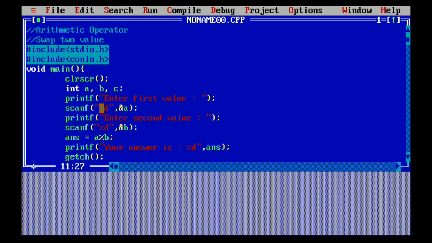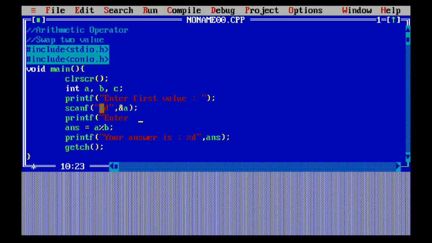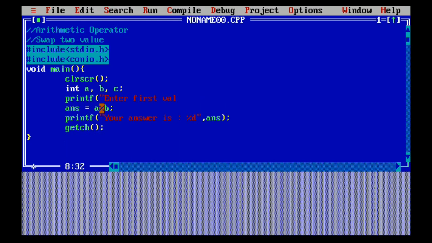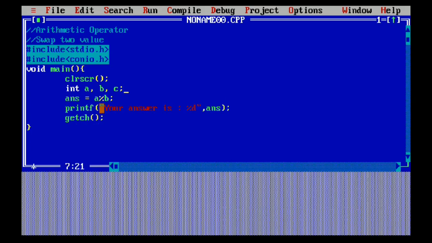If you want to get the value from the user, you can use printf and scanf, but I am going to assign the direct value to the variable. So a is equal to 5. It would be a fixed value, and we are going to swap the values between a and b with a third variable c.